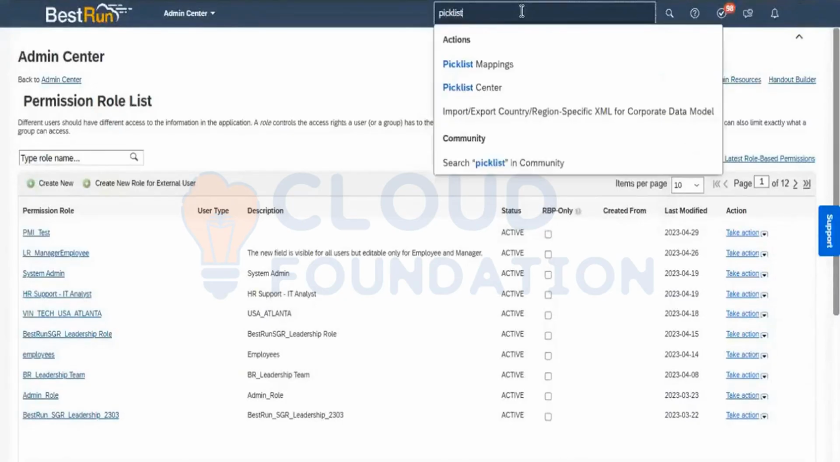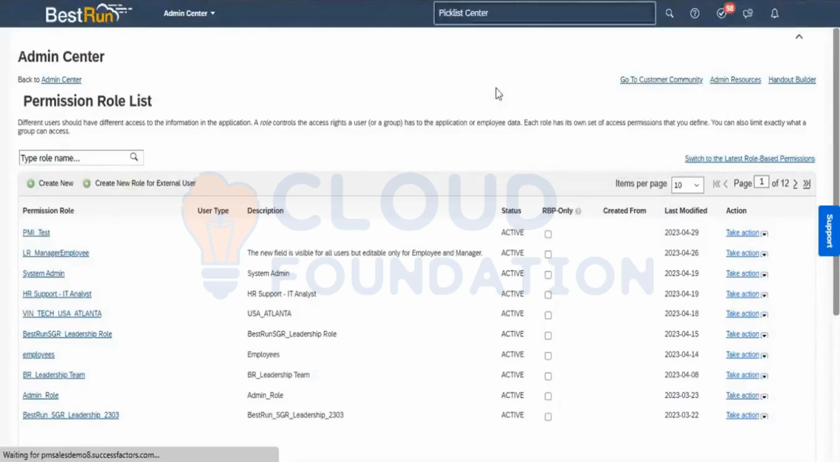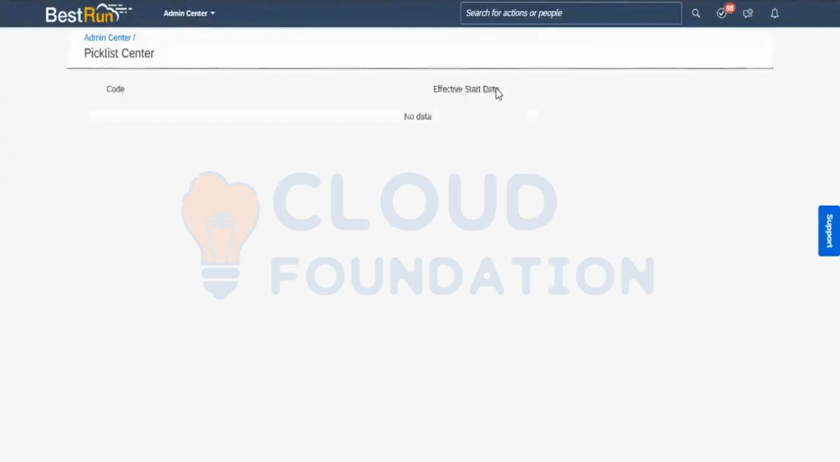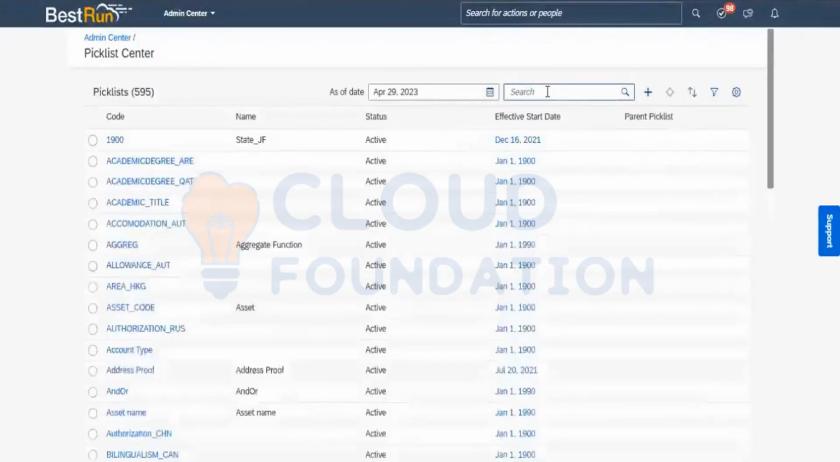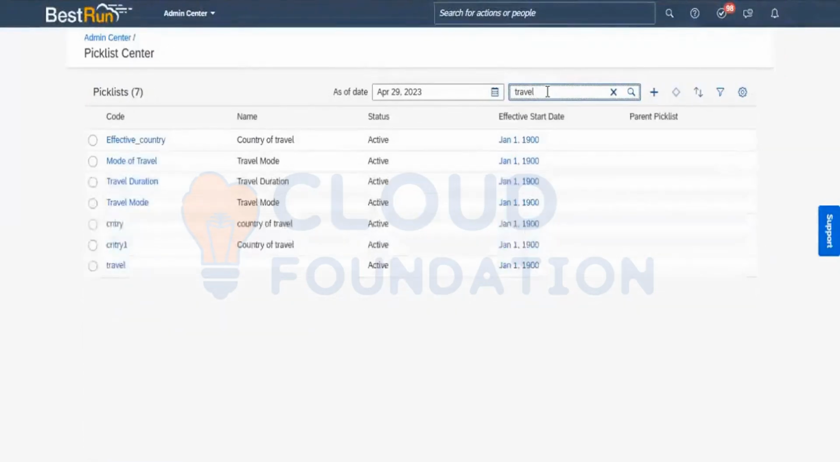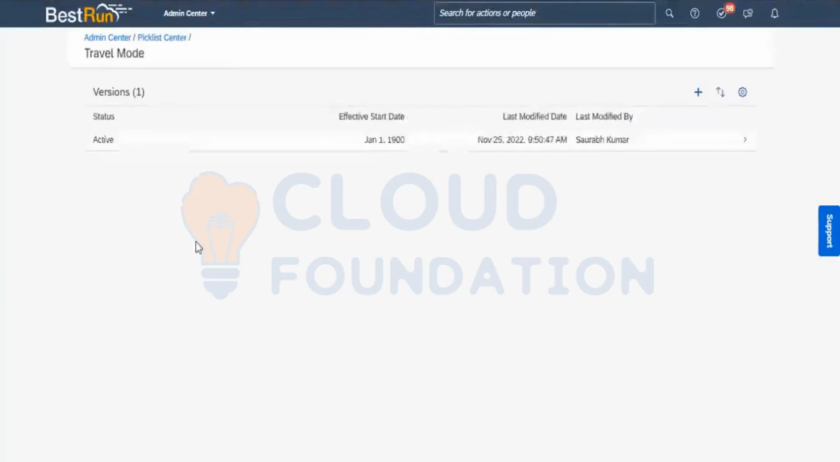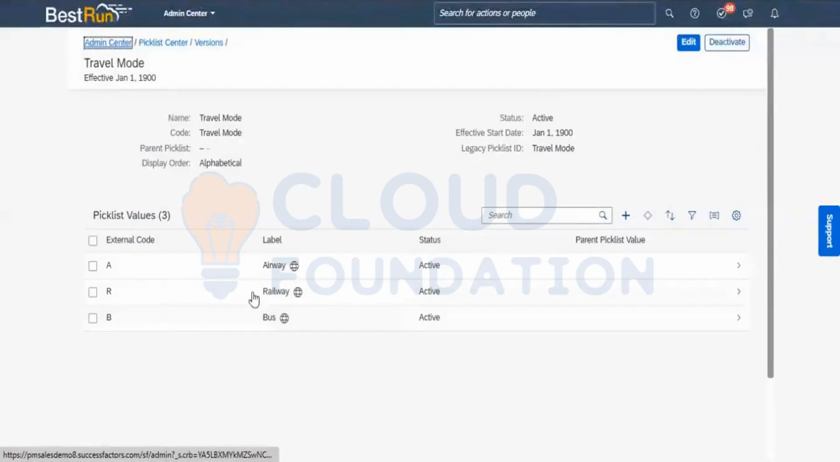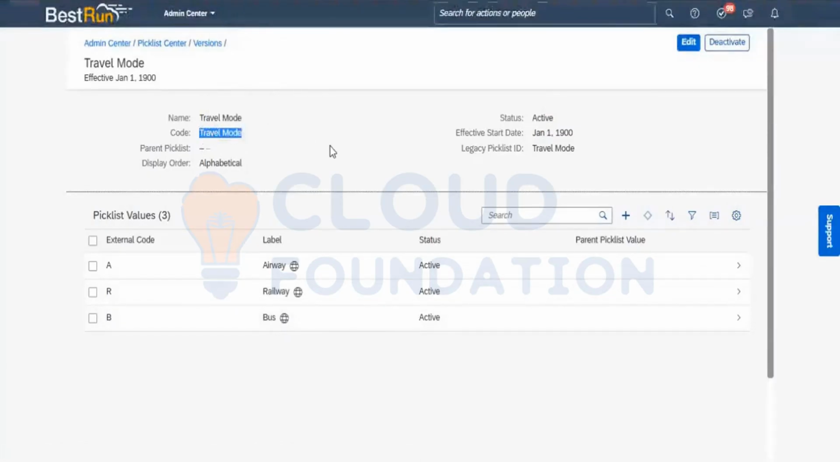Already from my previous sessions, I think I have created some travel management mode. Let me see the pick list from my earlier sessions. We have completed that, right? You showed us where we can find the pick list. You can see your travel mode, it is there. I've already created it here, given the code and everything. I need to copy this code under the pick list center and